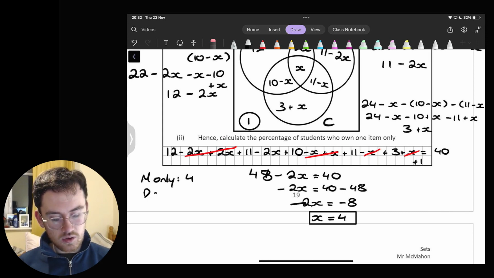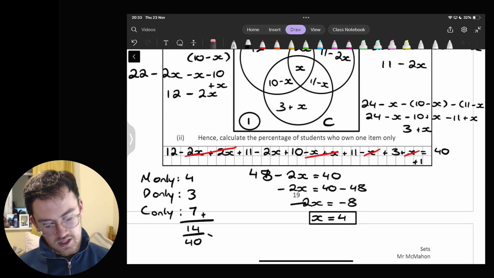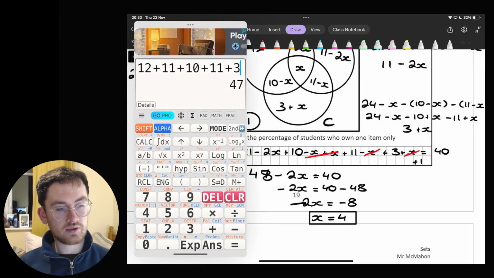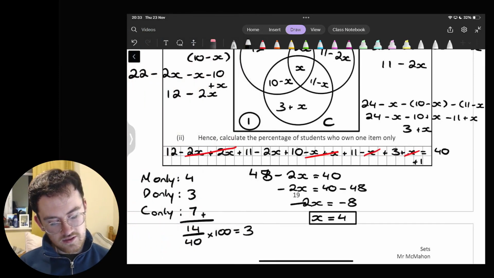Digital camera only was 11 minus 2x, so that's 3. And camera only was 3 plus x, that's 7. Adding all of those together, I get 14 out of my total 40. And to change it to a percentage, I multiply by 100, and I get 35%